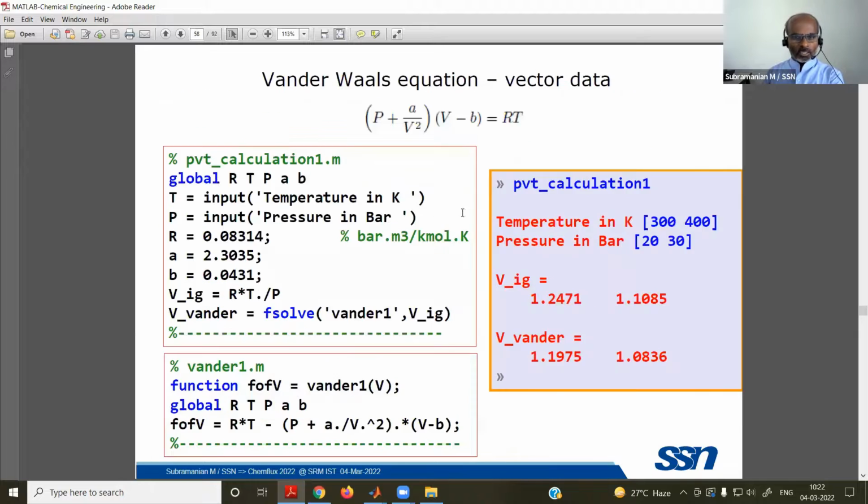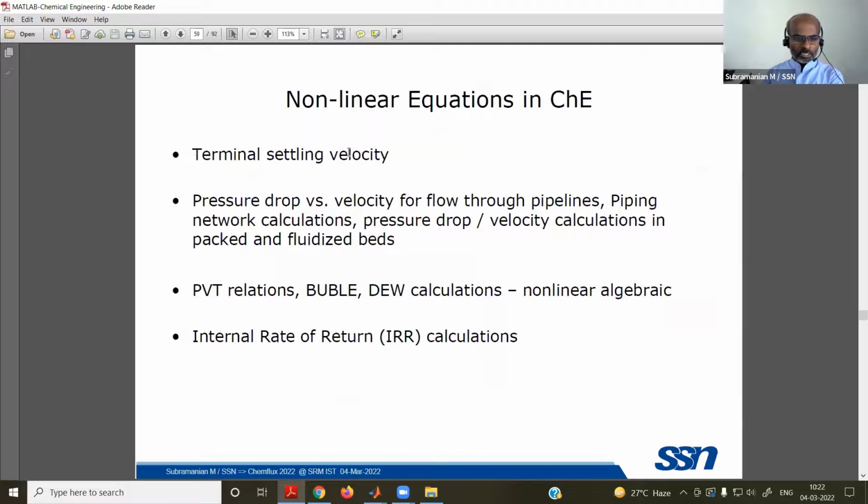A lot of nice examples are available from chemical engineering, like calculating terminal settling velocity or pressure drop in a pipeline, and very nice problems from thermodynamics itself, bubble pressure, dew pressure, bubble temperature calculations, or from economics, you can have rate of return calculations. These are all nice examples for nonlinear equations.